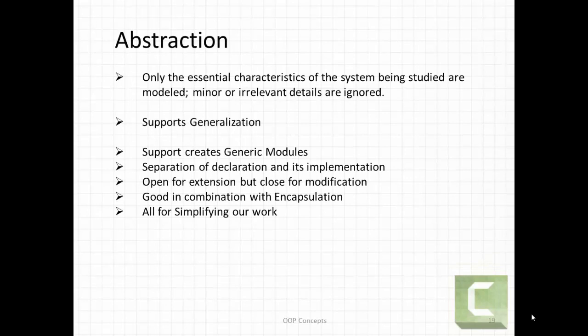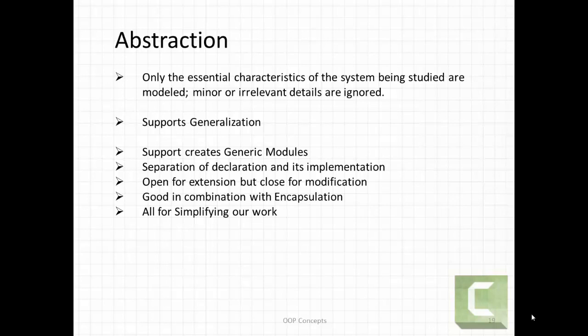In abstraction, only the essential characteristics of the system being studied are modeled. Minor and irrelevant details are ignored. So it supports generalization. How? Suppose you are doing some implementation, but the class which is extending this property can use that method in their own way. So you are providing a generic approach for object oriented programming. It supports creating generic modules,